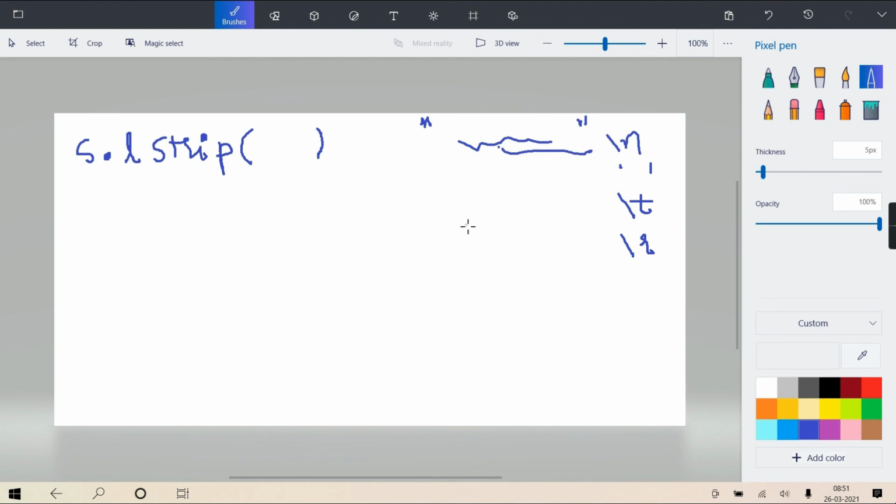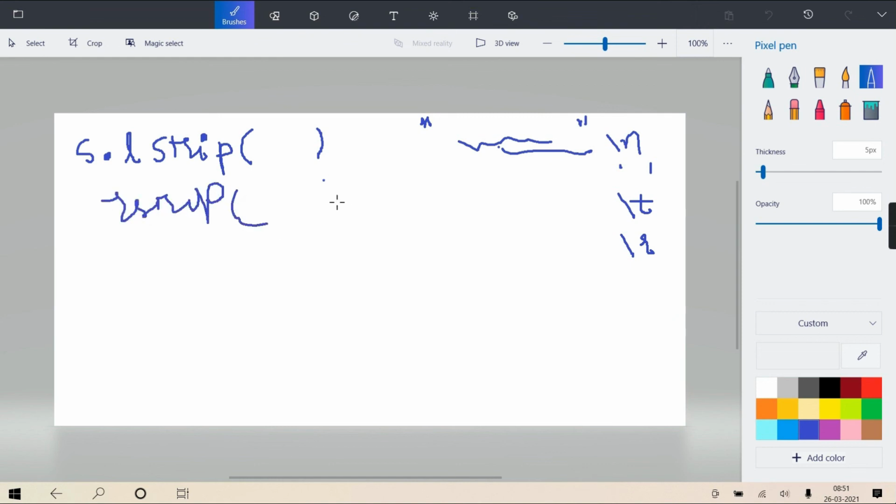So from the left side, it's going to delete or truncate or remove all the characters which are space characters, and the moment it gets a non-space character, it will stop, and from there onwards the whole remaining string it returns. Getting? Same is the case for rstrip.